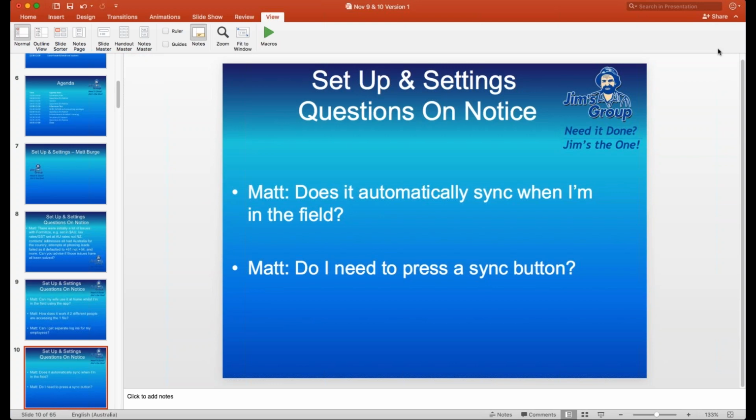Next question. When using the automatic reminder function, if you set it to remind someone in 6 weeks to rebook, but they've already rebooked at 5 weeks, does that cancel out the reminder being sent out? It doesn't at the moment, but it will very soon. We're adding a confirmation